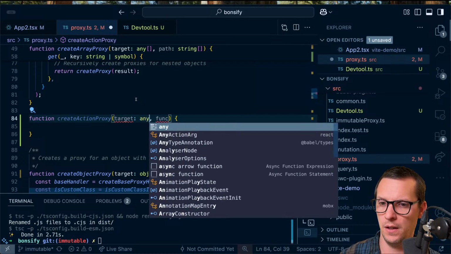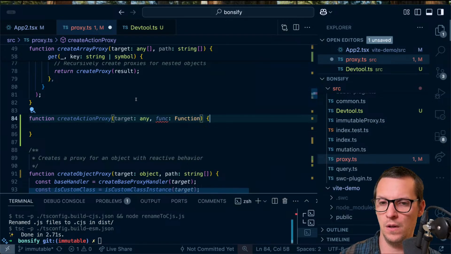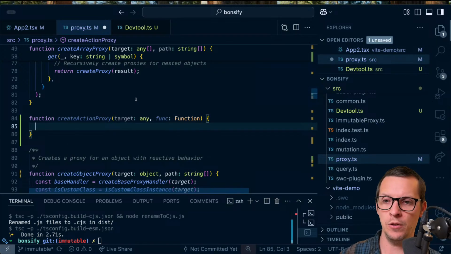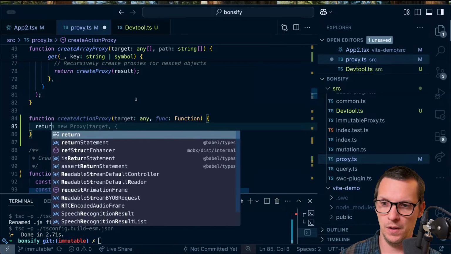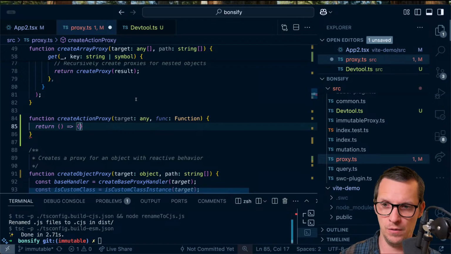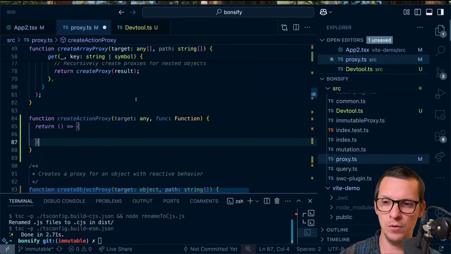Target is like any function is like a function. What we need to do is return something that has, what's it called, not a strong reference, but the same reference all the time. So we're going to return just a function, but we're going to allow you to call that